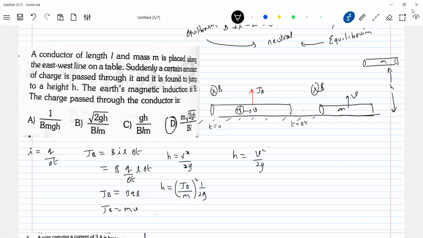The charge passes through the conductor. Again, you have to trace it out. For that Q, you have to solve this equation. What about height? I think height we have already got now, H equal to V square by 2G. So directly, we should bring an expression for Q. How to bring Q? This is from kinematics only. Directly you can write it, no?